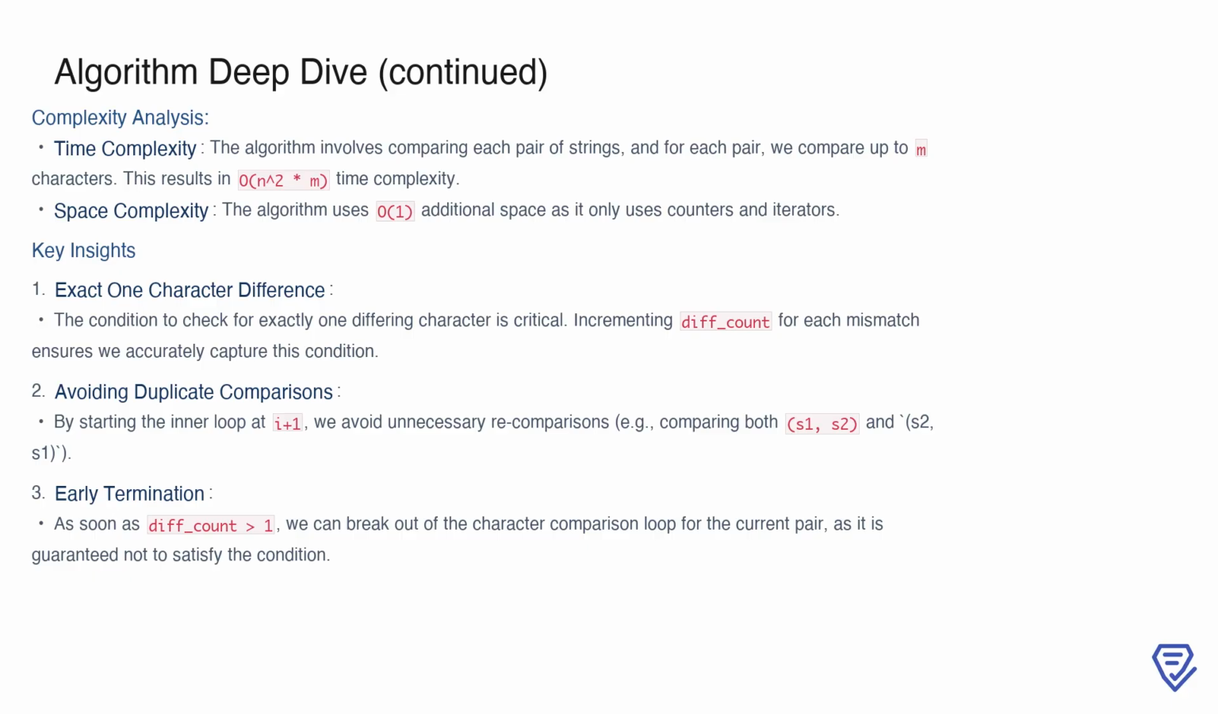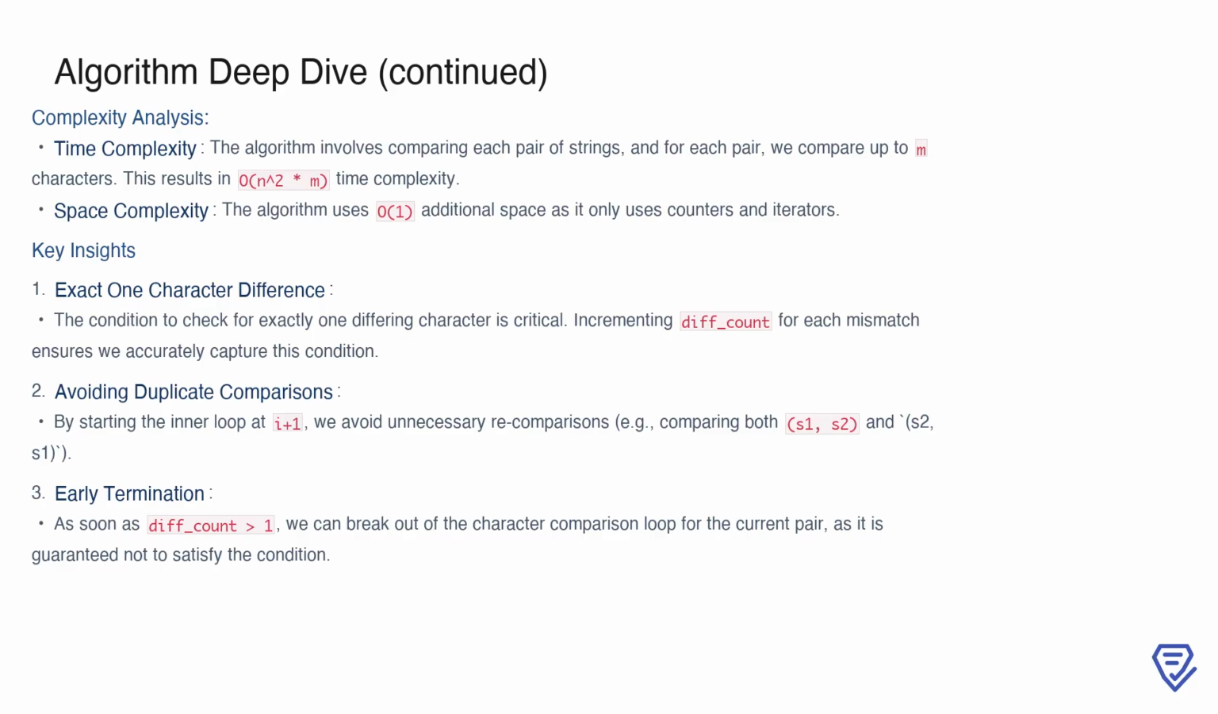On the other hand, the space complexity is 1, because we're only using a few counters and iterators, with no additional data structures. There are several key insights to highlight. Firstly, the condition of exactly one differing character is handled by incrementing diff_count for each mismatch, ensuring precision. Secondly, by starting the inner loop from i plus 1, we avoid redundant comparisons, such as comparing the same pair in reverse order. Lastly, we can terminate the character comparison loop early if diff_count exceeds 1, as it's already clear the pair will not